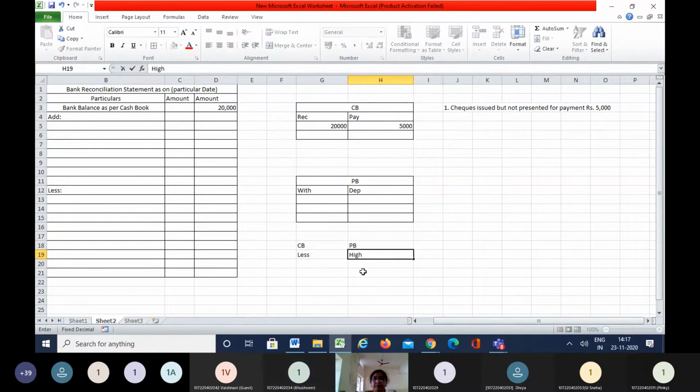Now you should follow a simple formula, I can say. Look at the book which you are going to find out, because here we are going to find out the passbook. If the passbook shows more, or is higher, you just have to add it. If the passbook is less, you have to decrease it. So the formula here is lower to higher is always add, and higher to lower is always